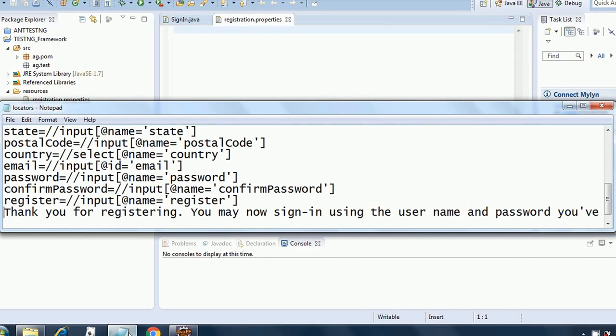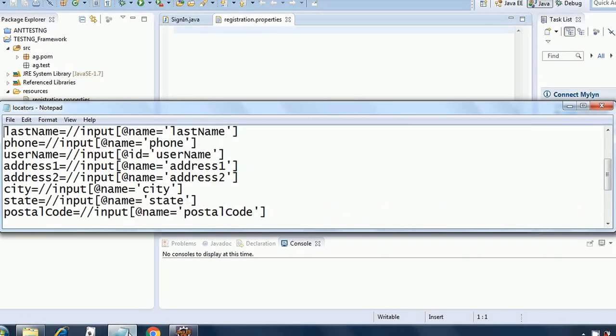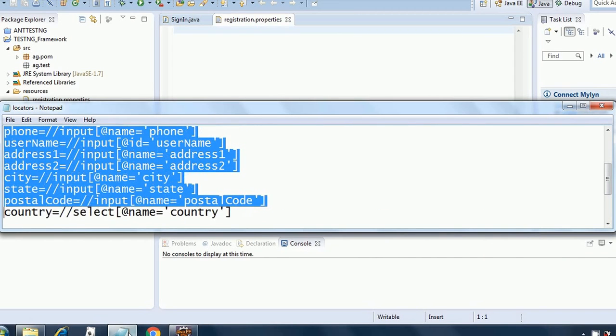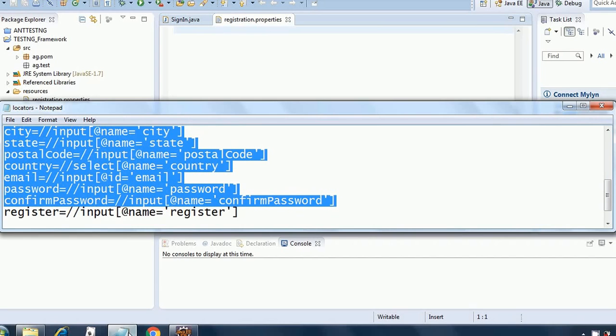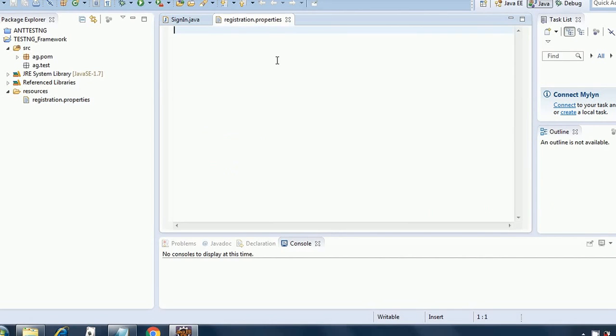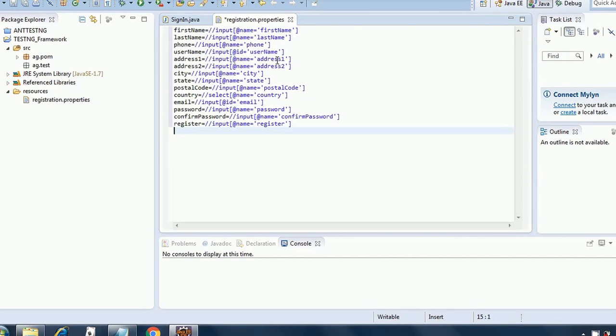Okay, so we are done. Now we can just copy paste into our registration.properties file. Our registration.properties file is all set. We save this file and now we proceed to the homepage.properties.